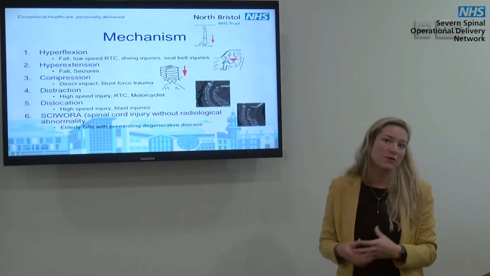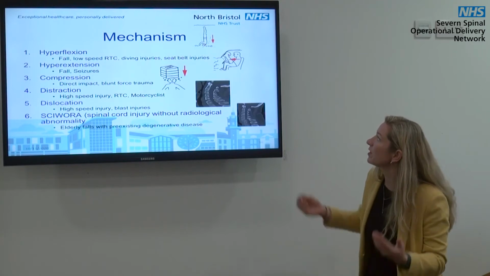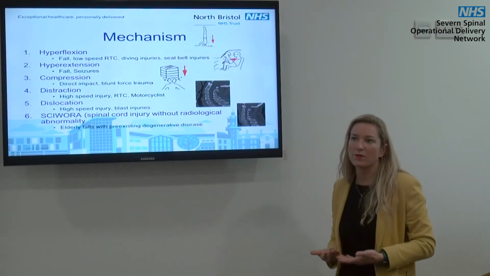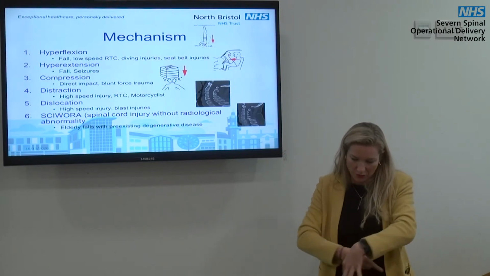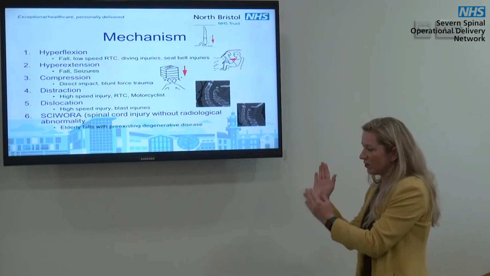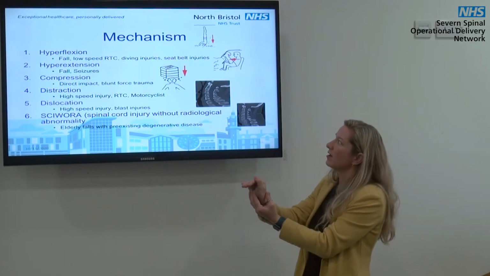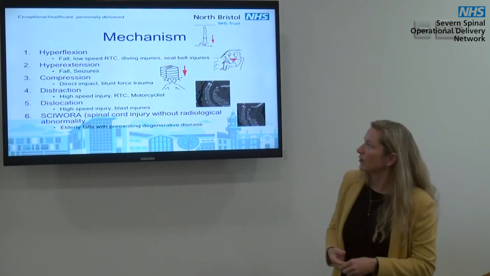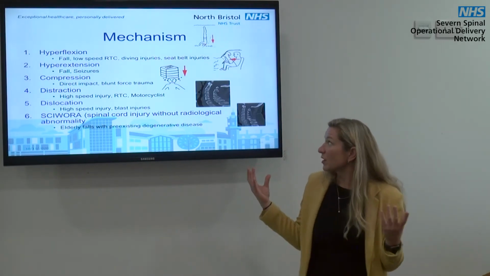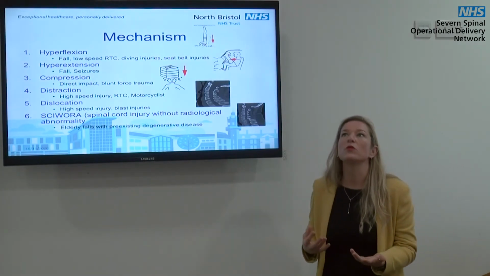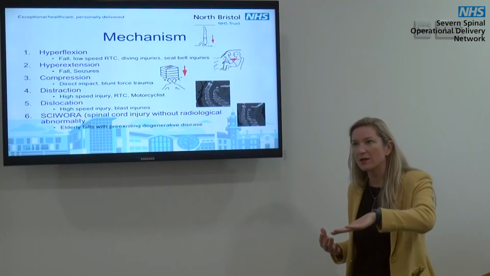You get this also with low speed RTCs, and typically, not in the cervical spine but the lumbar spine, you can get these kinds of flexion injuries with a seatbelt, typically the ones that go across your lap, because when you're in an accident the spine bends forward at that level, so that gives you thoracolumbar flexion fractures. Hyperextension, so these can be low speed RTCs and also falls where the person has fallen forward, landed,